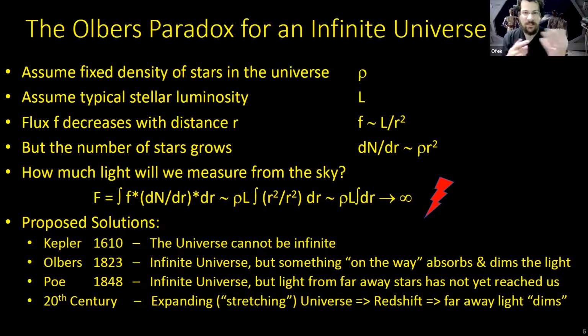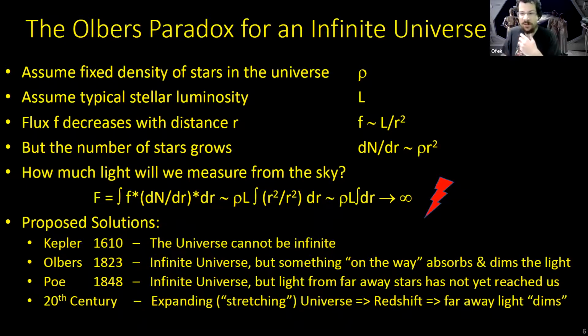Obviously, if you look halfway between the sun and Alpha Centauri, there's nothing there. It's the nearest star, there's nothing in the middle, so you'd have a density of almost 0. If you look in the sun, you'll have a density of 1. But on a large enough scale, if you average out over a few parsecs or a few tens of parsecs, you expect the density not to change too much. That's kind of a reasonable, nothing should be too crazy assumption. So you assume a fixed density of stars per volume rho.